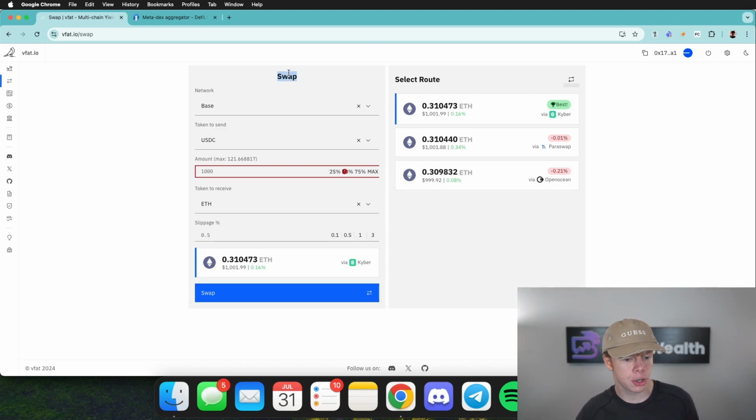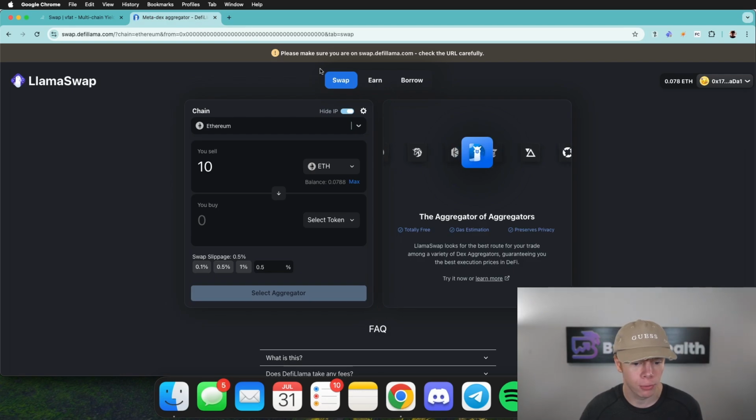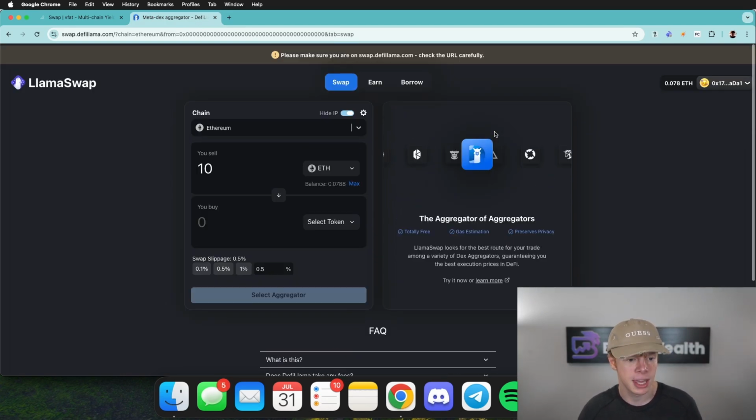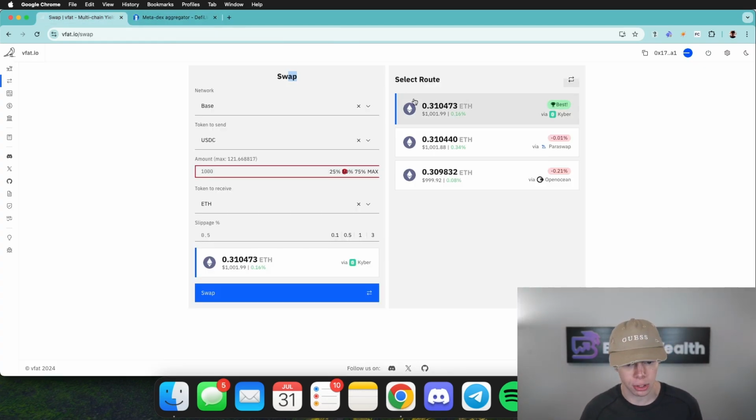So this swap feature over on VFAT is just like you would have over on DeFiLlama.com. Basically, it's an aggregator of aggregators. So it will analyze KyberSwap, Paraswap, and OpenOcean, and see what's getting the best route. In this instance, you can see I'm sending $1,000, or 1,000 USDC, I should say, which I can buy for $1,000, and I'm receiving